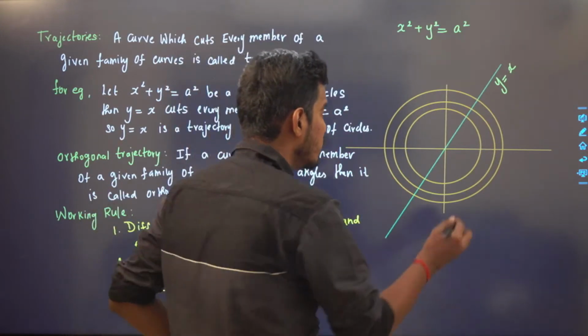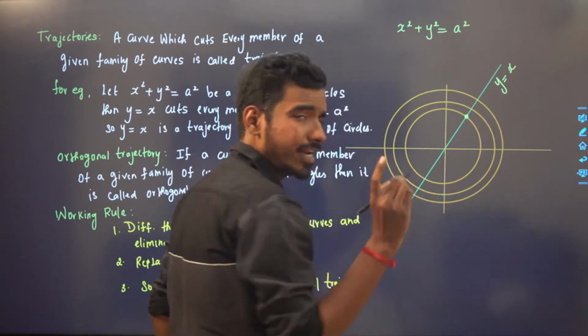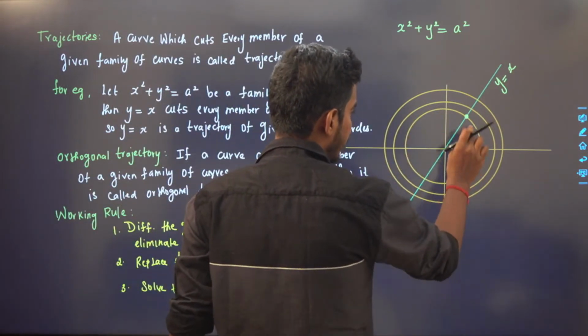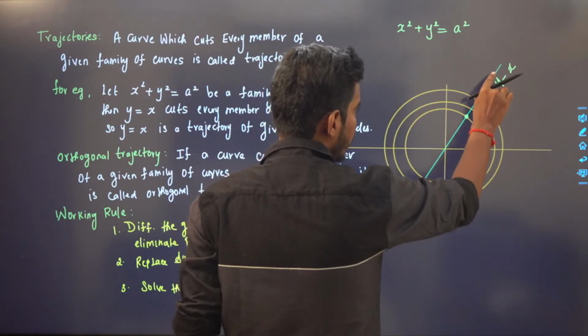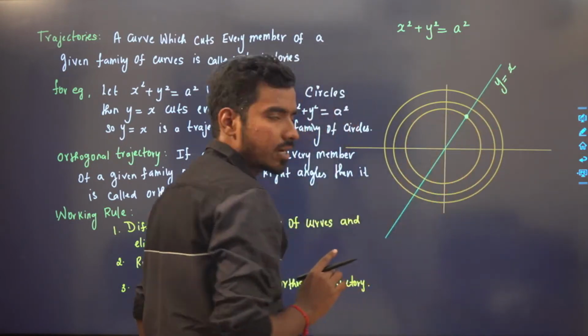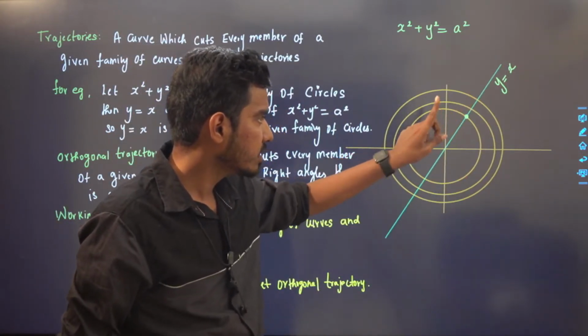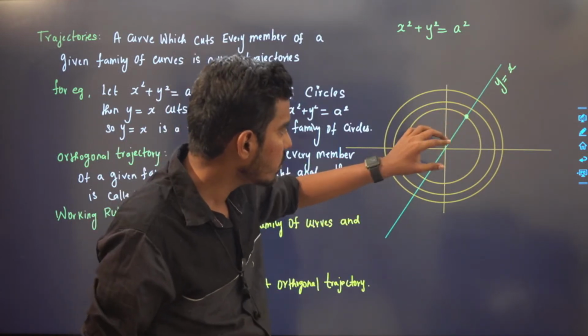For example, let us find the angle between curves. See, a line is also a curve in mathematics, right? So for example, let us consider this circle. Let us try to find the angle between this line and this circle. The angle between the line and the circle is nothing but you just draw the tangent line for